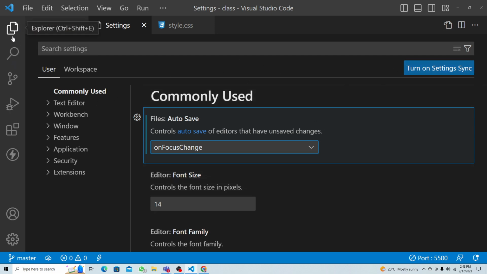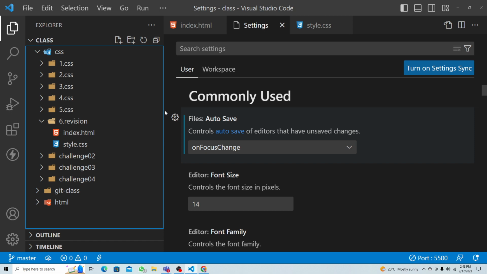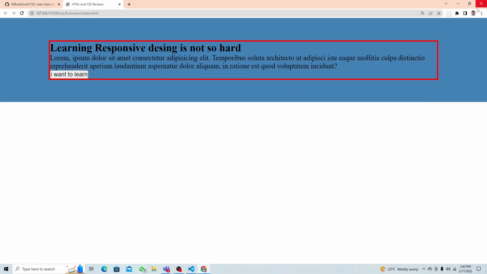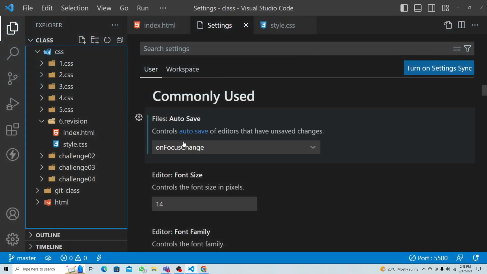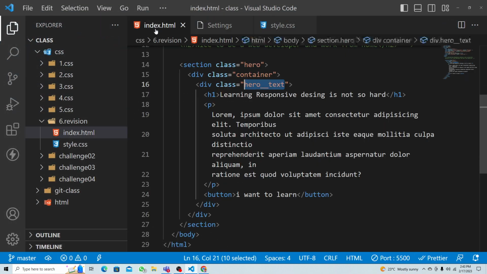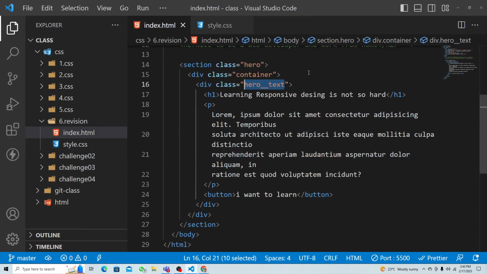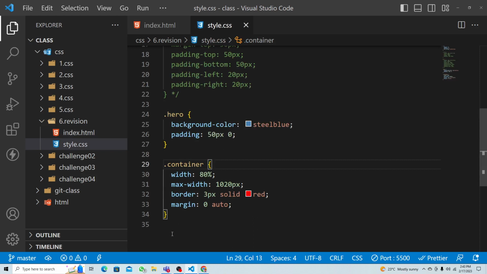So that is fine. Even I always forget. Sometimes it's window change. Window change means I'm changing from one window to another, and then only it is going to save. But focus means when you click on this one or here, it will save automatically. Okay, so hero text, here dot hero